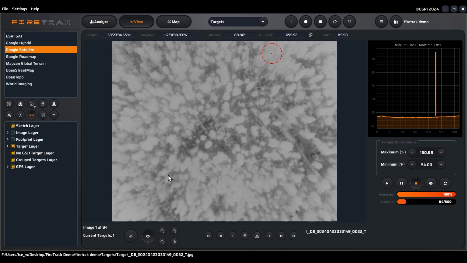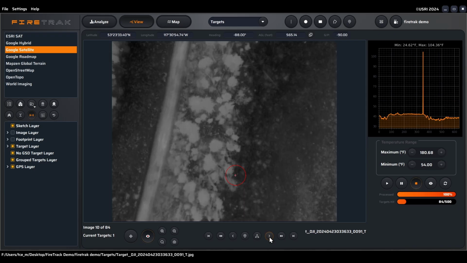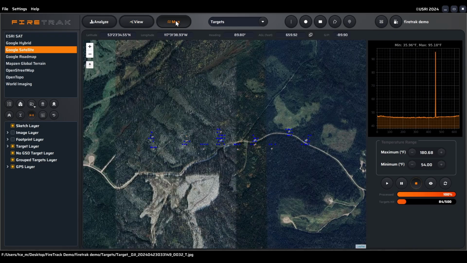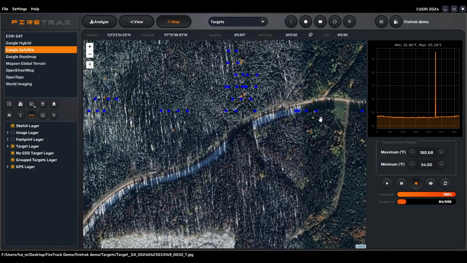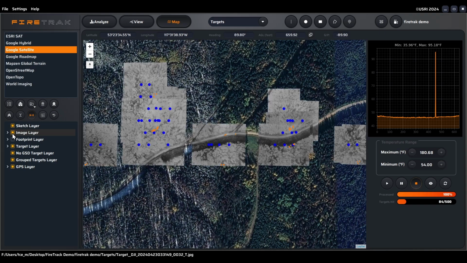At the bottom of the screen, you can use the buttons to zoom in and out of the image, toggle the overlay, and step through the targets. From the top of the screen, we can click the Map button to switch to the map page. From the layers list on the left, we can turn on Image Layer to see the thermal images overlaid on the map. Turning off the GPS layer will hide the blue dots that indicate the GPS location at which the